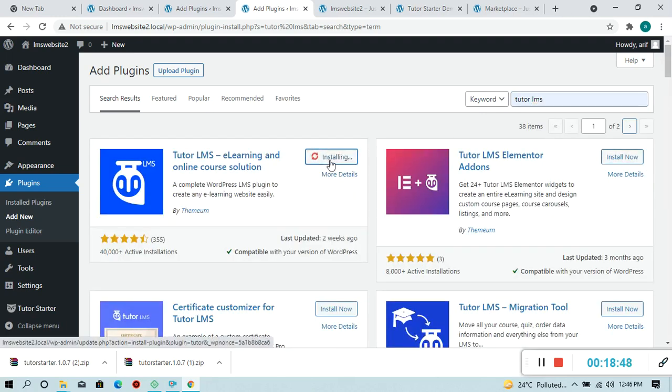Click on the install now. Now this plugin should install.